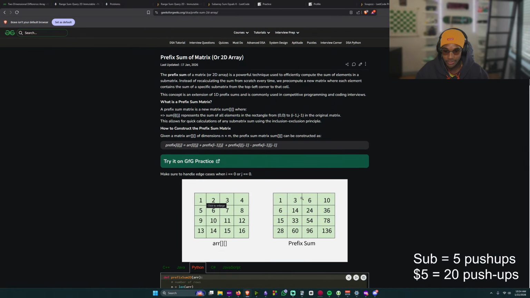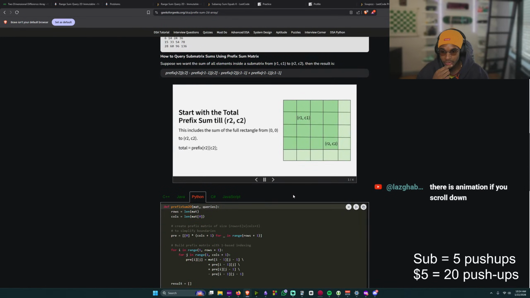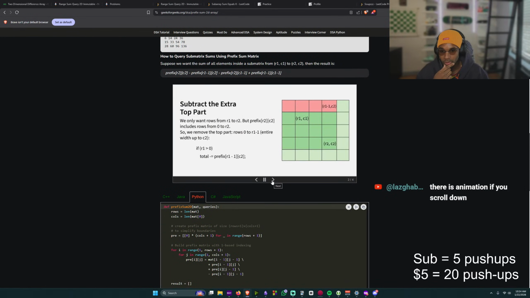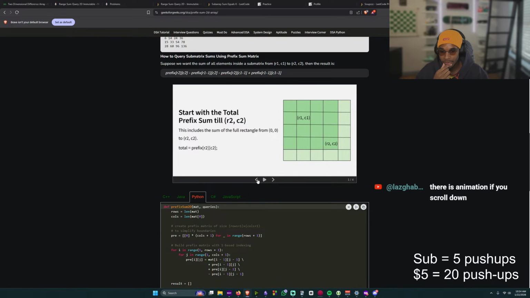So the first row is literally just a regular prefix sum. And then when you get here, I'm guessing you just sum up every cell here. Animation. Wait, let me read this.